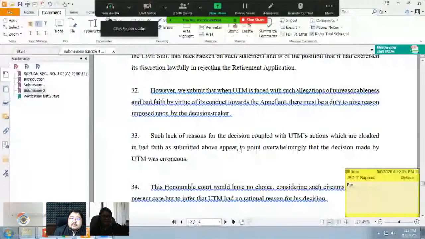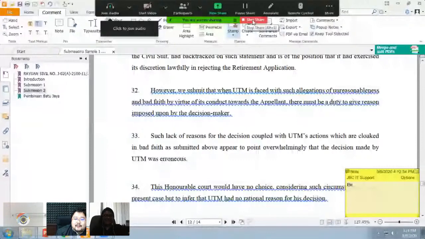So what happens at the end of it, or when you've done submitting? Oh, please remember to end the share. Stop screen share, so that your opponent can then start sharing the screen. I see, because if you don't turn it off, then they can't proceed, right?